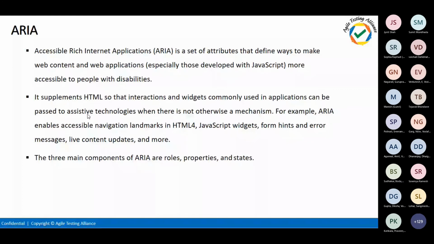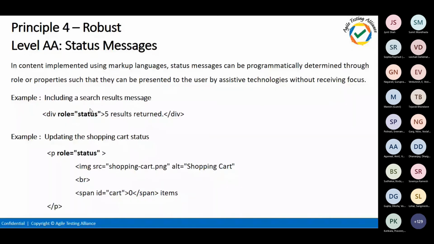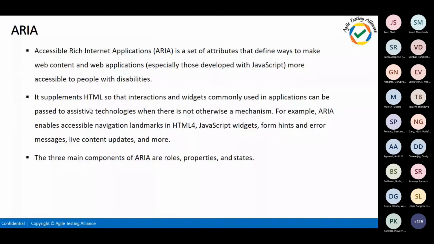So these are some quick test cases which we will be testing today with the screen reading software with ARIA. ARIA is nothing but Accessible Rich Internet Applications. It helps in better understanding of web applications. It defines the standards, like where you can define the label and where you can define hidden elements and other things. It tries to enhance the use of screen reading software and keep it more simple.